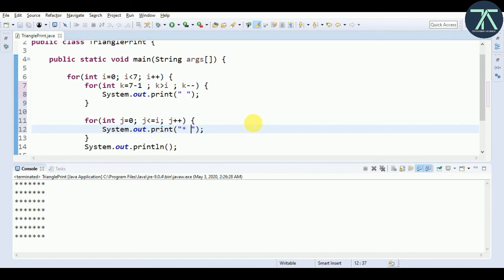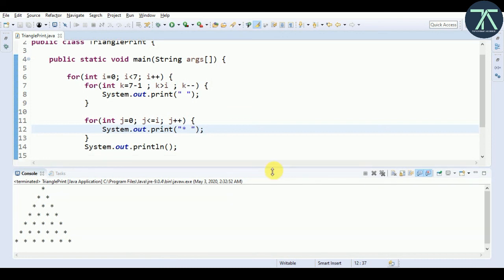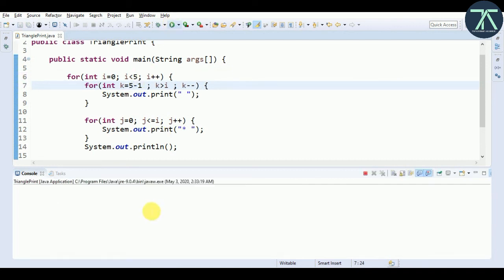Okay, so now let's save it, run this program and see. Now you see a proper triangle, or let's say pyramid, is printed in our console. Now we can change the height if we want, as 5, then we also have to change it over here, and if we save and run, you will get a smaller pyramid. You can get this height as input from the user and easily print it in your console.